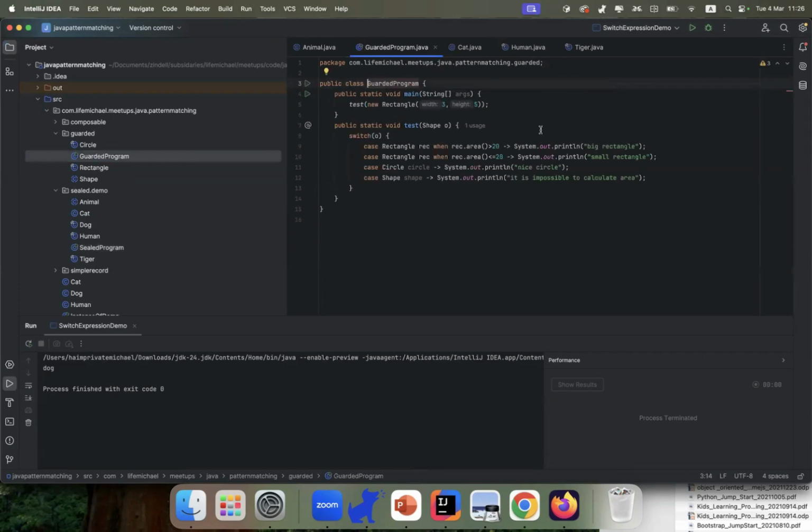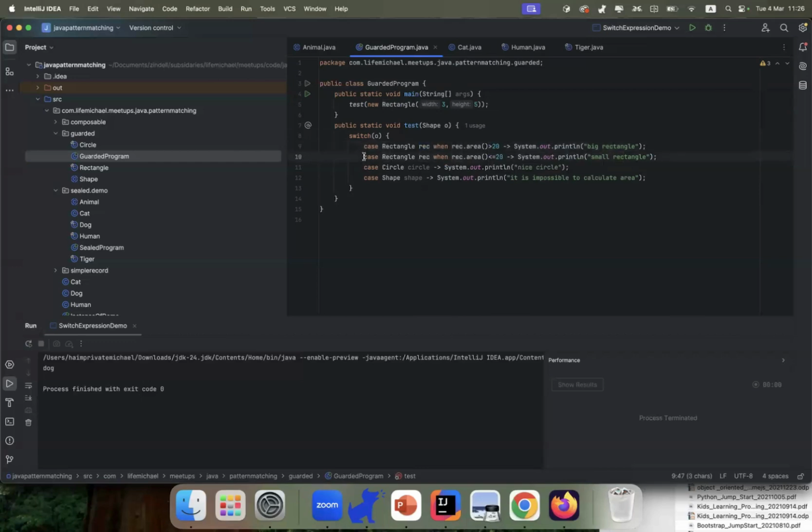Okay, this is the code sample. Now, as you can see, I use the when keyword in order to specify a specific condition. Here in this case, I specify that for this specific case to match, we need the object to be a rectangle, and in addition, we need its area to be bigger than 20.